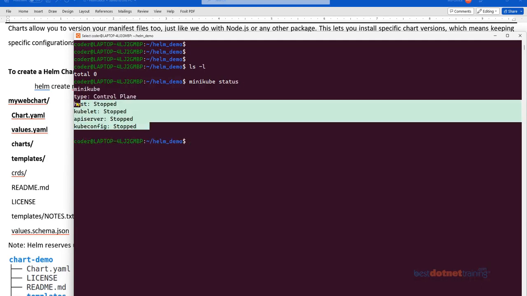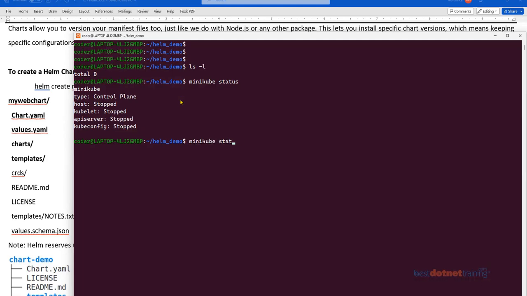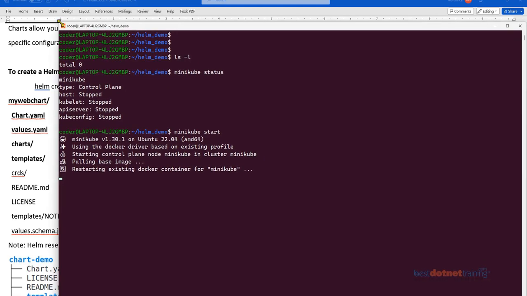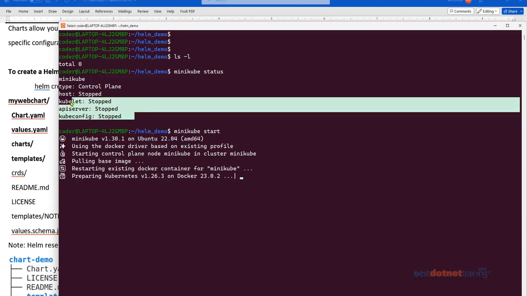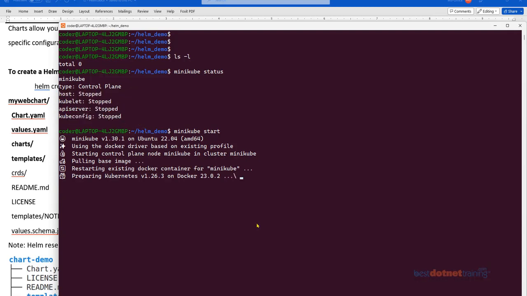And if I have not started it, obviously it is not running. So I can say minikube start, and this will start my Minikube Kubernetes cluster. It's going to take some time, but if everything is okay, within a minute your Kubernetes cluster should be up and running. So whatever is shown as stopped, all that is going to change.